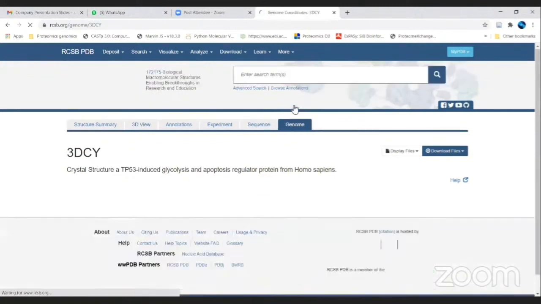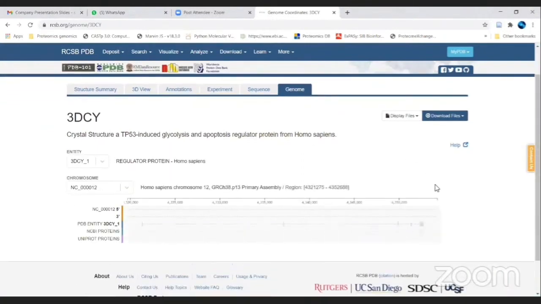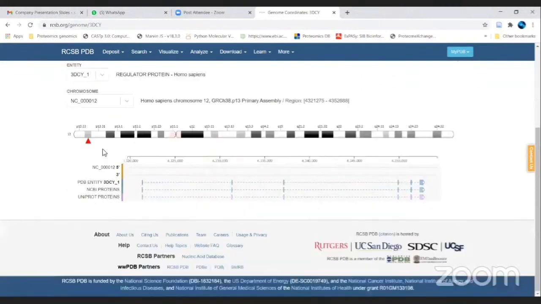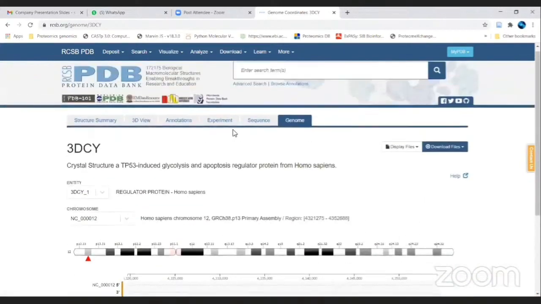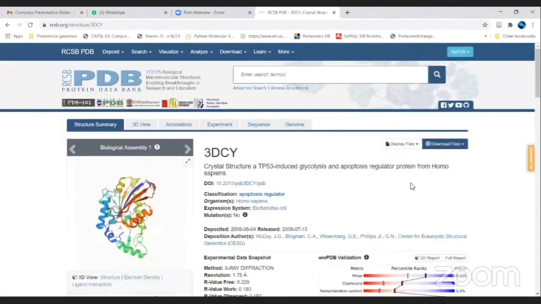And the genome is related because if you are interested in studying the particular protein sequence based on reference genome analysis, you can see on which particular chromosome the mutations have occurred. You can visualize that by using the different tabs over here. So that's the major application of structural bioinformatics using the PDB database, or else a different database if you want to do classification and phylogenetic tree analysis. There are different databases available. I think that's the broad overview